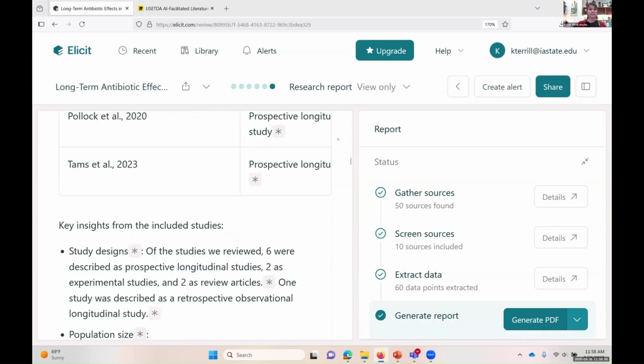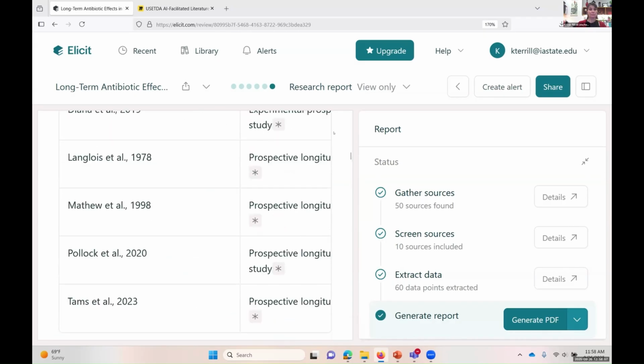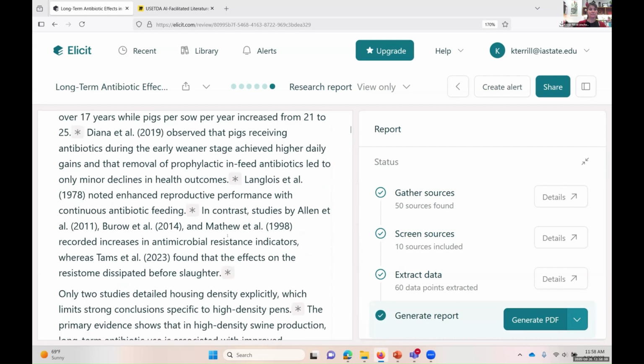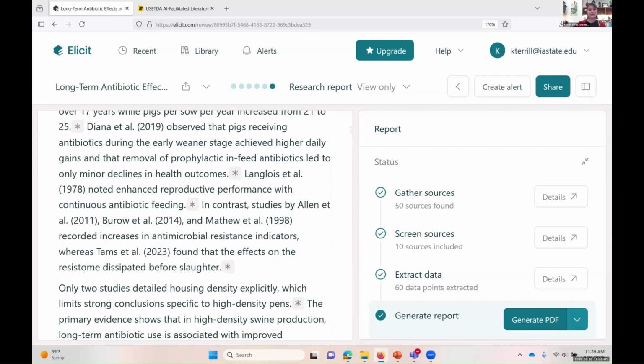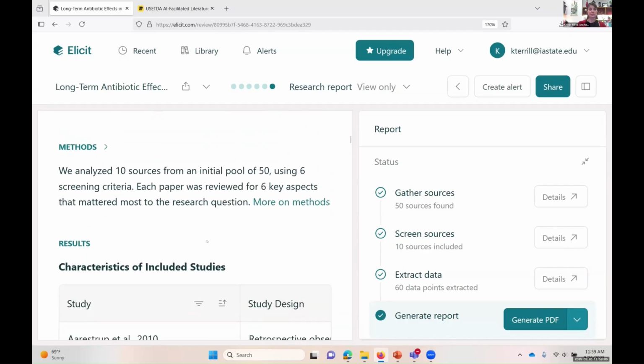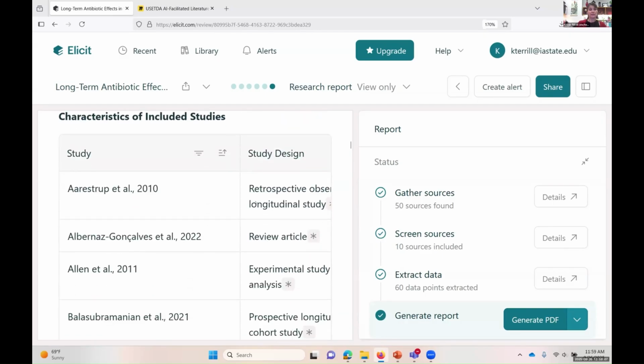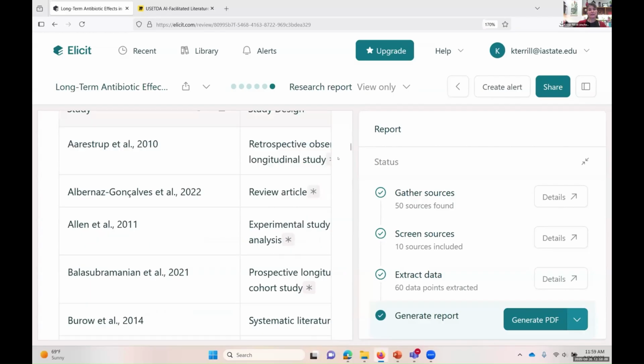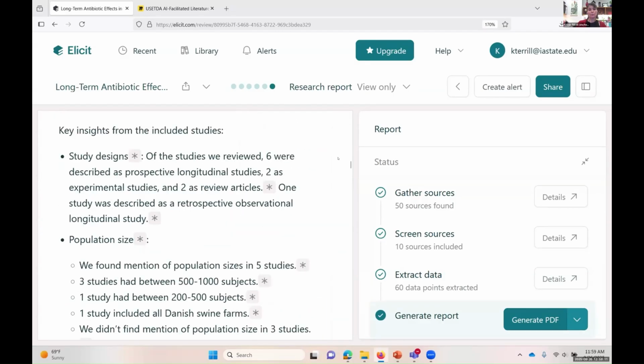They've got citations, and they've got synthesis paragraphs. This one's got some endnotes that you can link to. They've got tables. It's presented in form very much like a journal article or a research article,